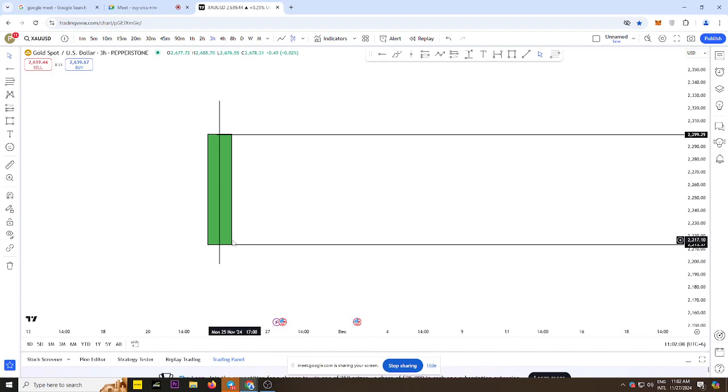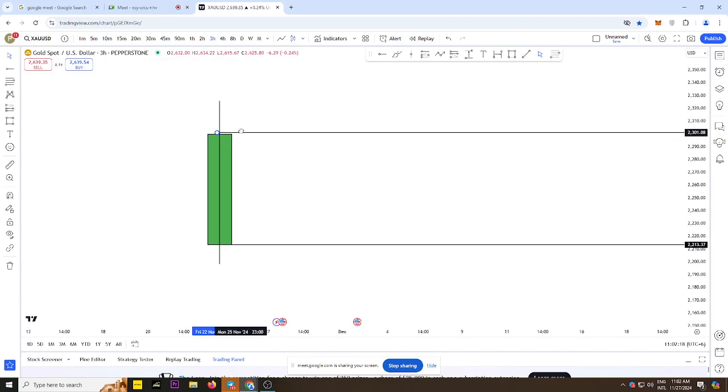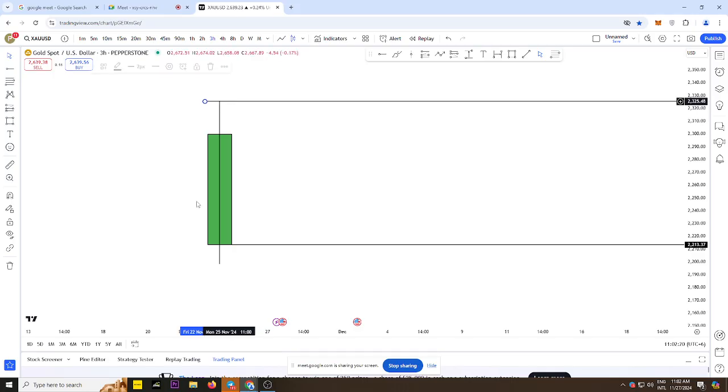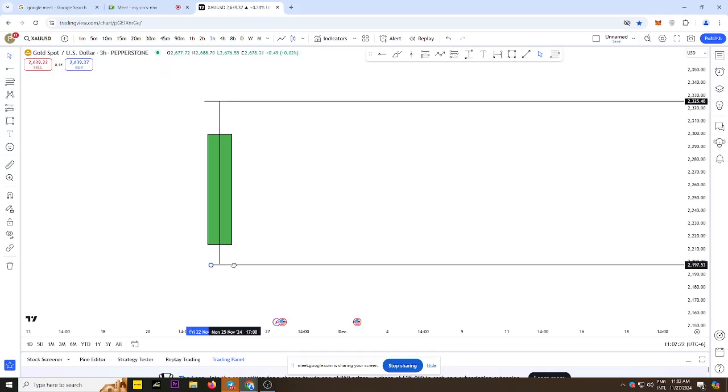This is the line, body only. The body represents the open and close, but the high and low are represented by the wick high and wick low. So what we are going to do every time we see any candle,